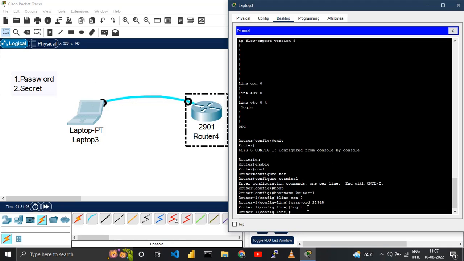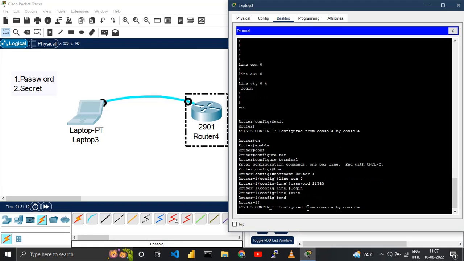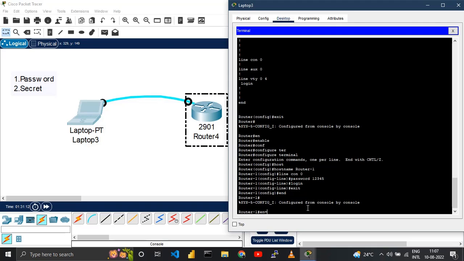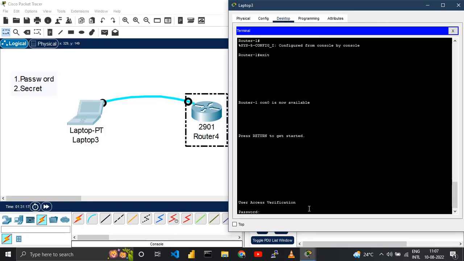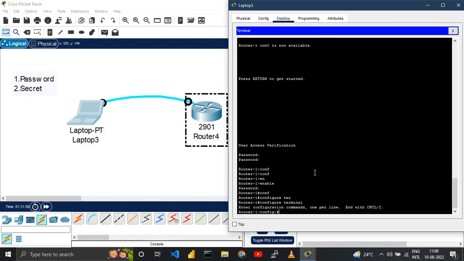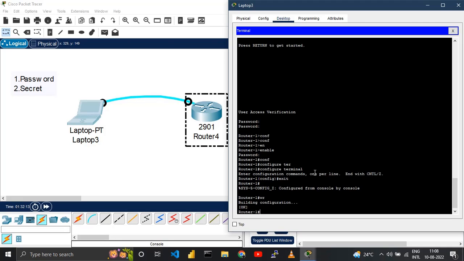Again, I'll just exit out from here, end, and exit. Well, there is one more thing which we can see now. It is asking us for the enable password. All right, to save your configuration, there are two commands which you can run. Let's exit back to enable mode, and there's a command wr which builds your configuration and saves the running configuration